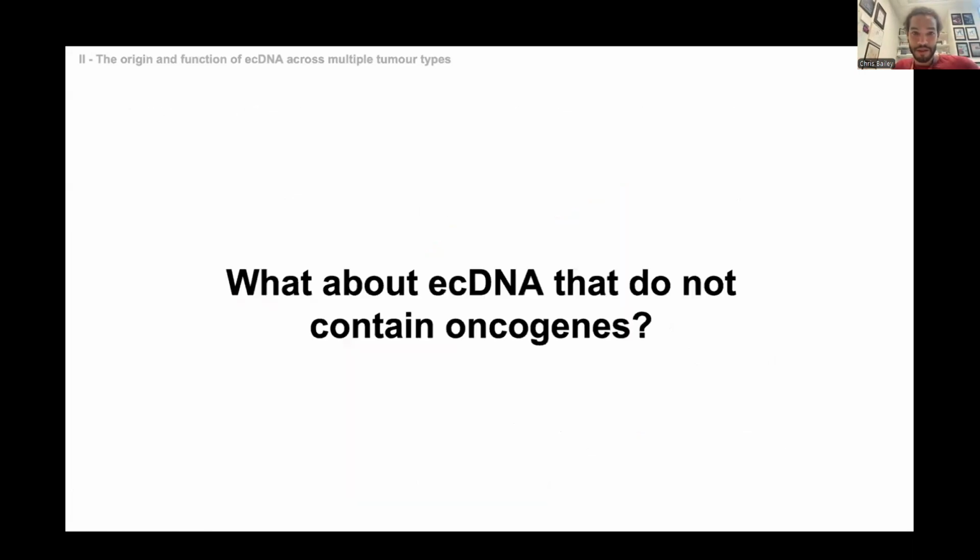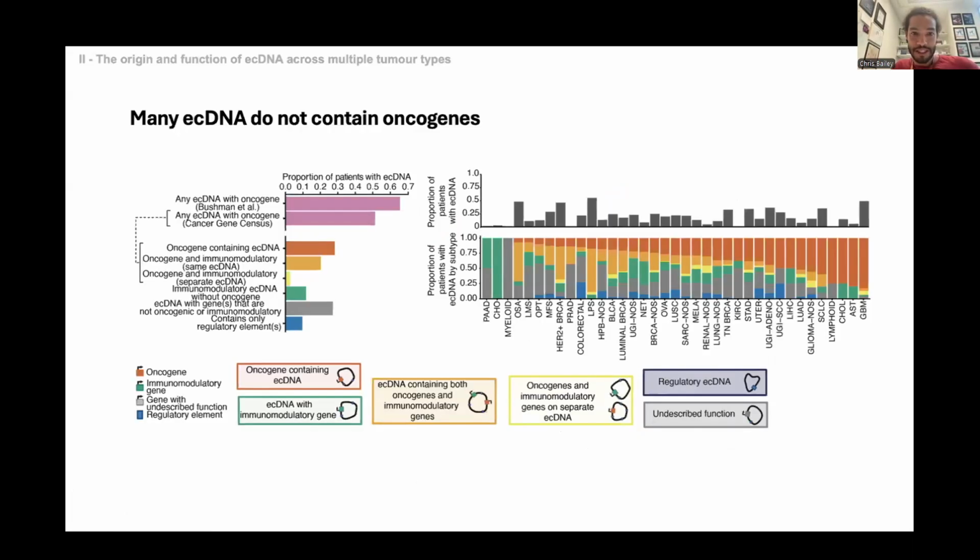So what about ecDNA that do not contain oncogenes? Traditionally, it was known that the purpose of ecDNA was to amplify oncogenes. And we saw that in most cases when we took the Bushman annotation, we found that 65% of ecDNA contained oncogenes. However, when we removed those ecDNA and then asked, well, what is the proportion of ecDNA that do not contain oncogenes, we found that a little under 50% of the ecDNA, taking into account the gene content,